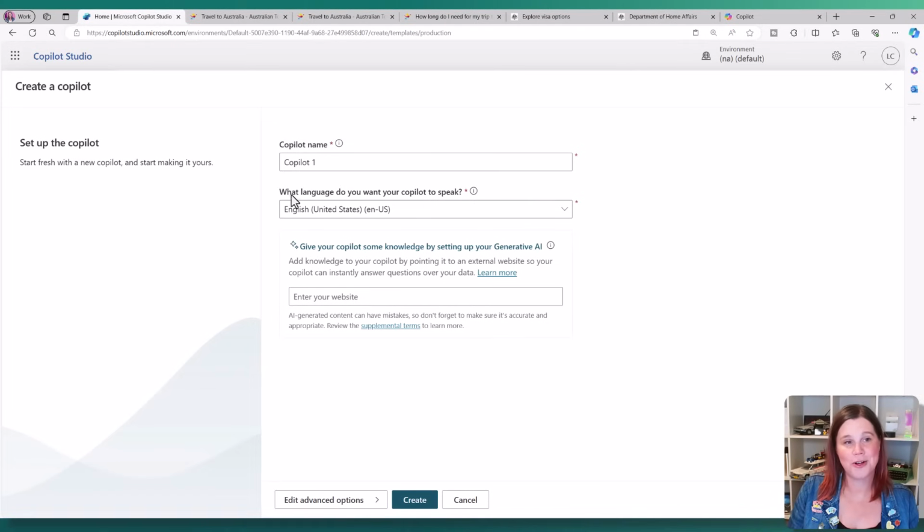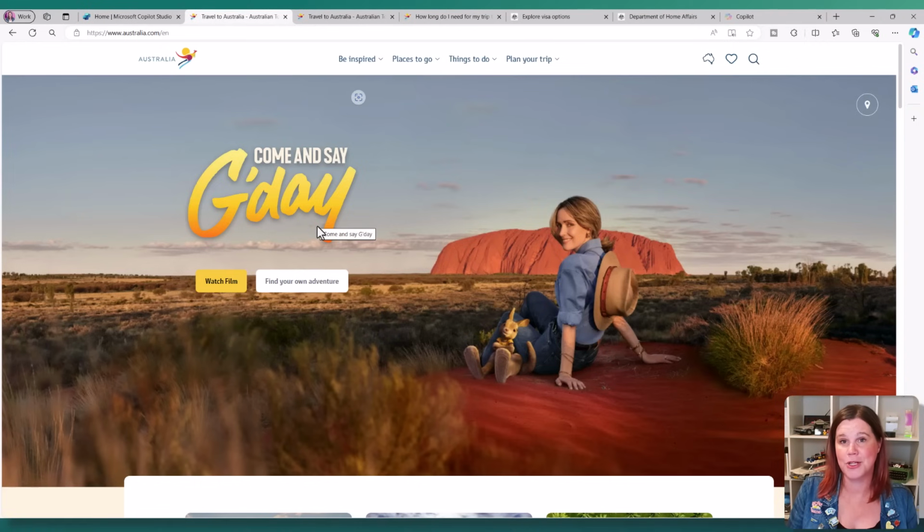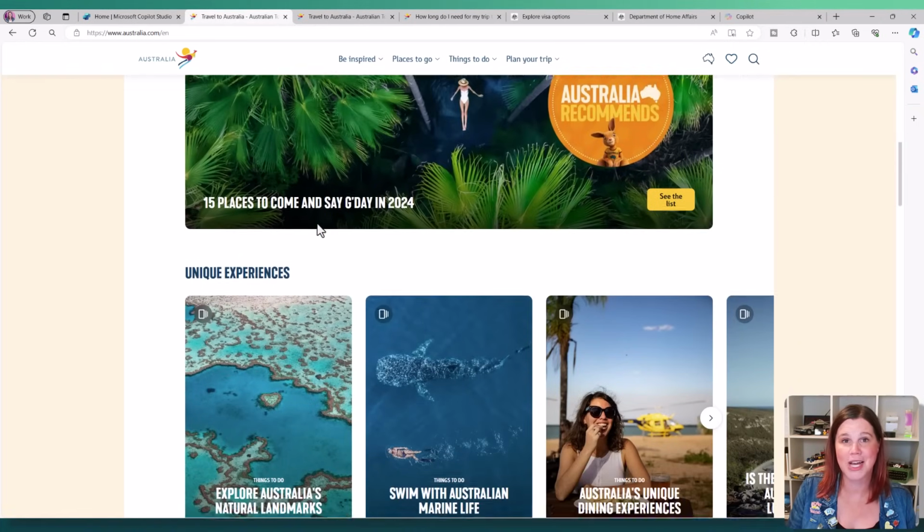We're going to give the Copilot a name. Now, depending on what you want to do, this can be something quite serious or quite fun. I'm going to have some fun with it because why not? I'm creating a Copilot here that is going to be a customer-facing Copilot that can help answer questions about the Australian tourism industry. And as a starting point, I'm going to use the Tourism Australia website, which has a lot